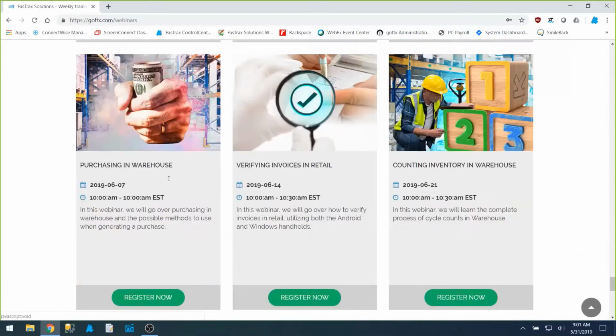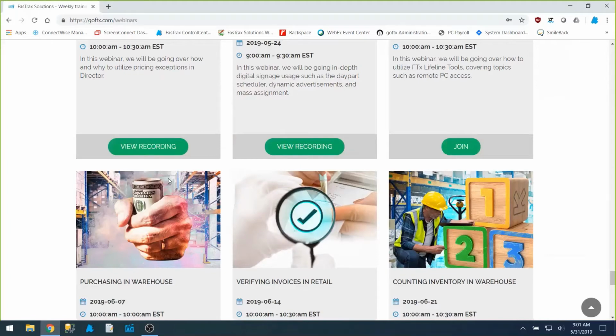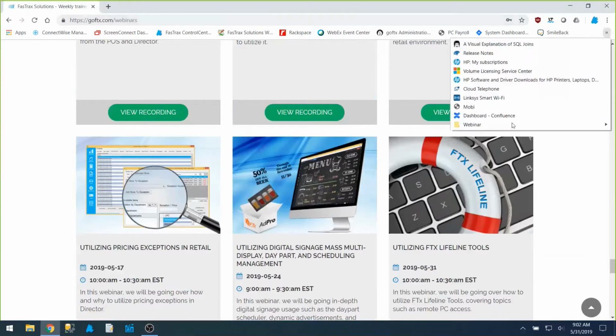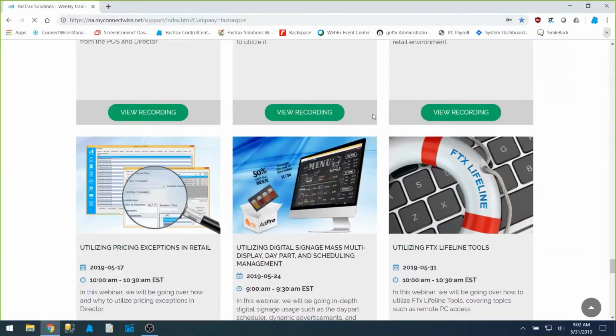This week, we're going to be looking at some of the FTx Lifeline tools that are available. That's remote access to your PCs, your support ticketing system, ticket specifications, PC specifications, handheld remote access. So let's begin. So first, we're going to look at the ticket portal. And there's a URL for that. If you go to the URL